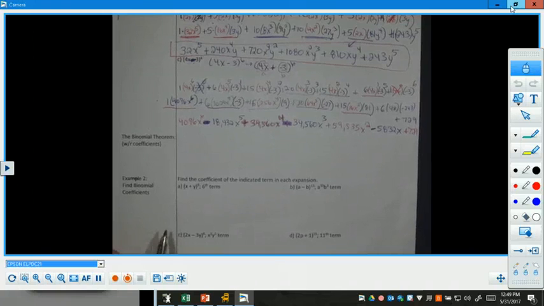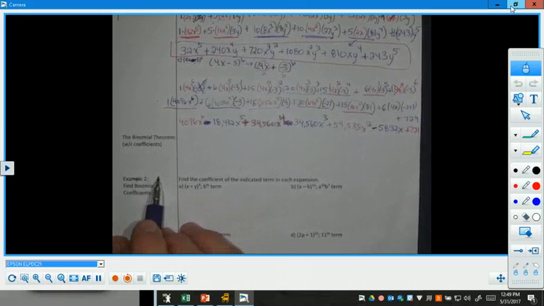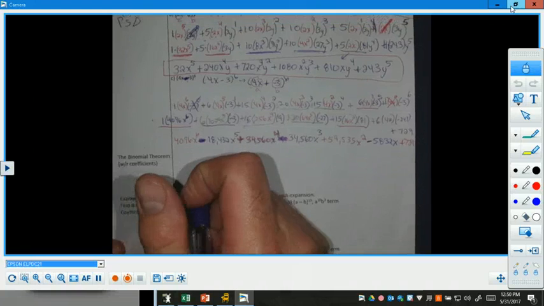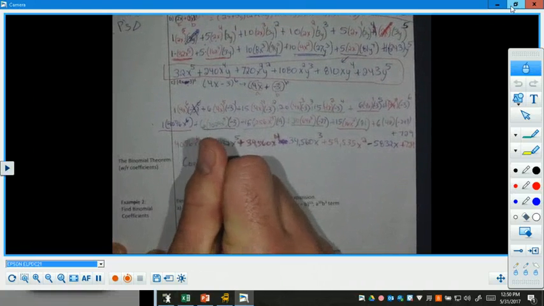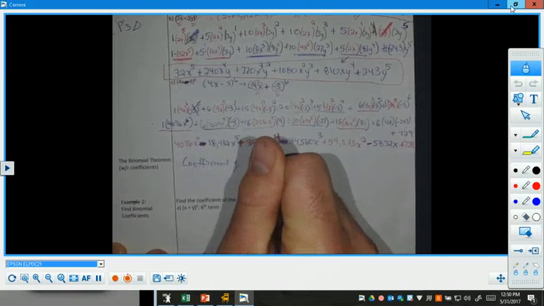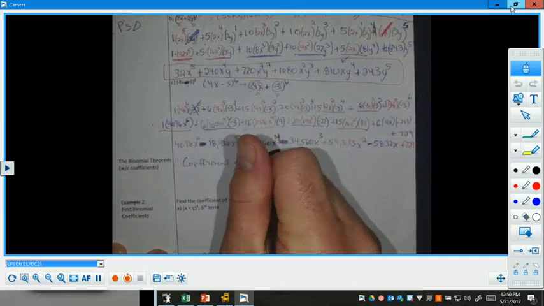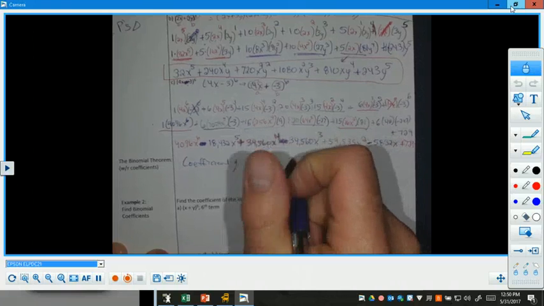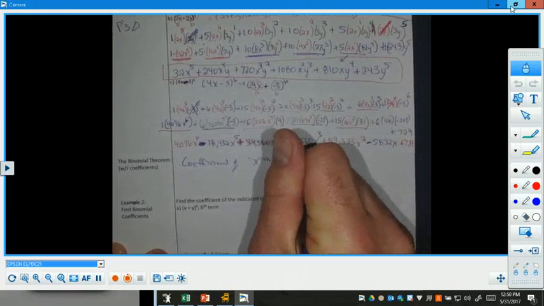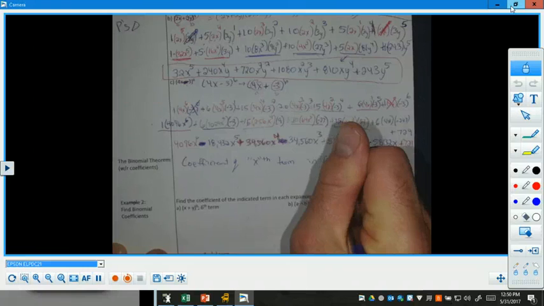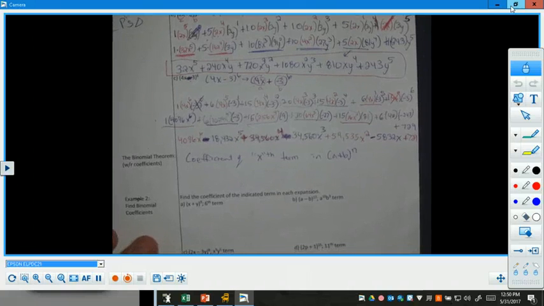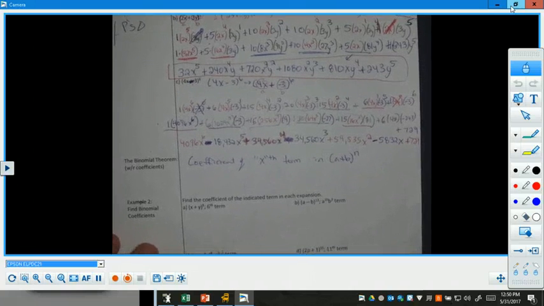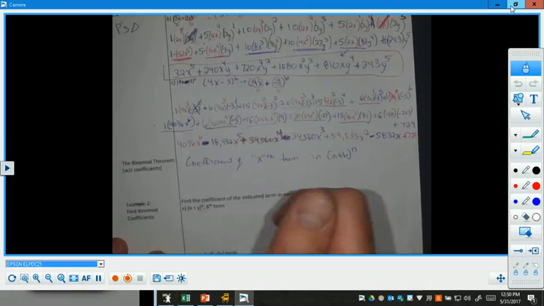So with this, what I can do for the binomial theorem, the coefficient of the xth term. I probably should have said nth, but I'm not saying nth on purpose. The xth term in (a + b) to the n. The reason I didn't say the nth term is because n is my exponent there. To do that, I'm going to do